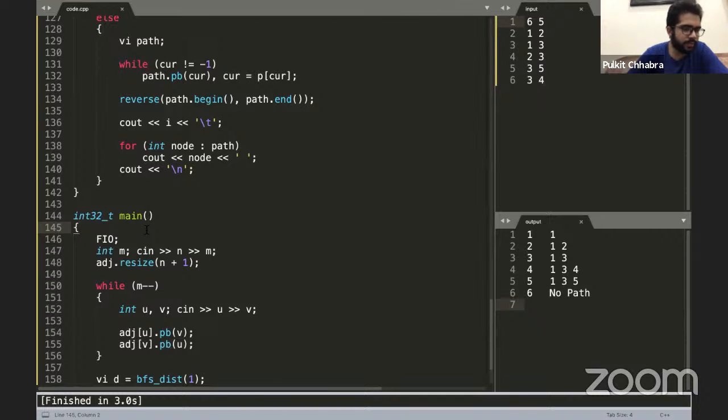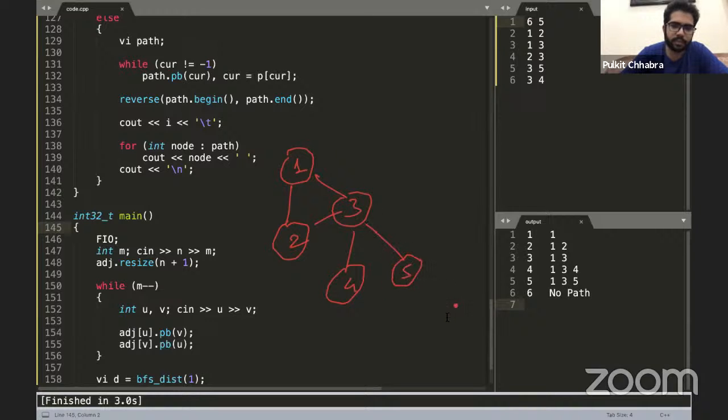Oh, okay, the annotation is not visible. Okay, so now it will be visible. I'll just draw it again. So this was the graph. I was just saying that the paths that have been printed are equivalent to what should have been printed, right? So please let me know if all the things till now are clear. And now we'll move on to the problem part.